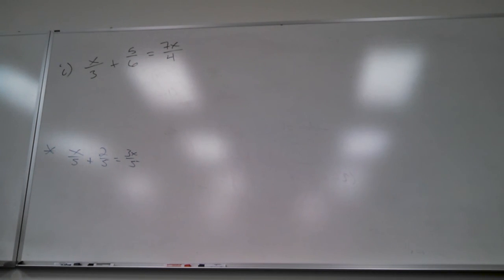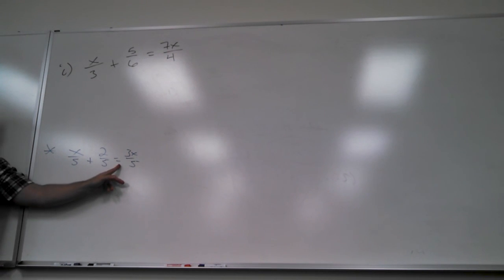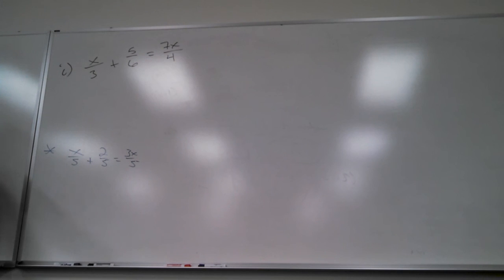Why is that a good first step? Because then all my fractions die. That's the beautiful thing about equations. Why are we suddenly able to kill fractions